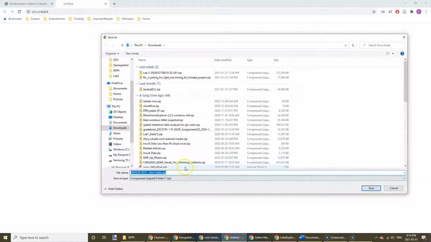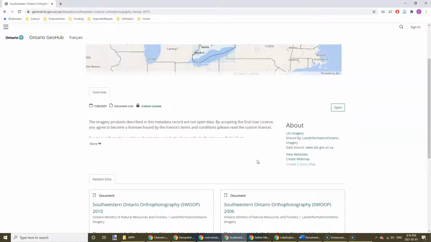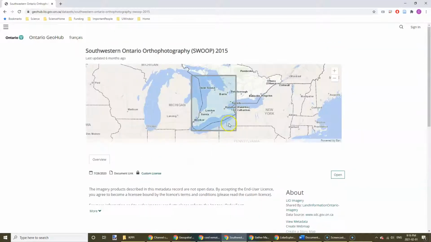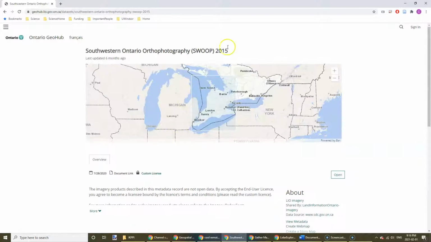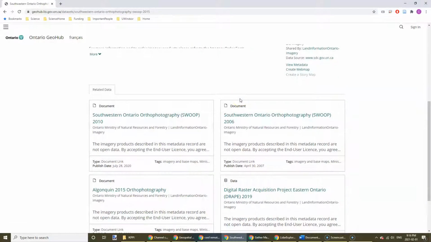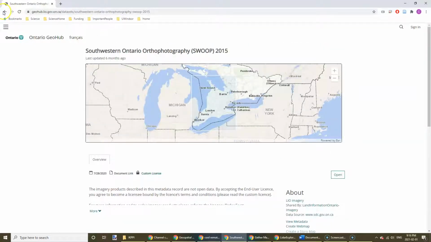This gives you an index file. So for instance, they're not necessarily going to give you all of the data, but you can download an index and then use that to request some of the products. There is, again, a 2015 and a 2006, 2010, 2015 data sets. So you do have sort of 3 time periods to look at sort of reasonably high resolution